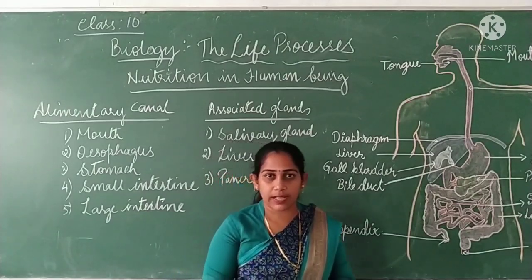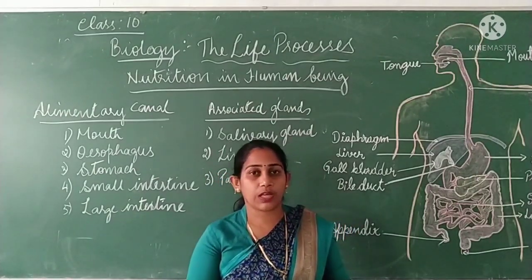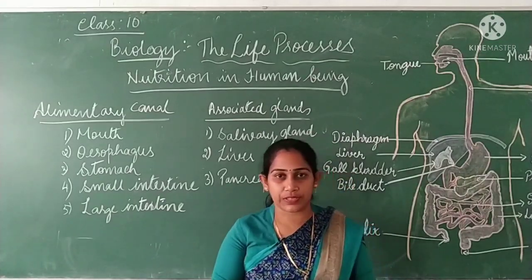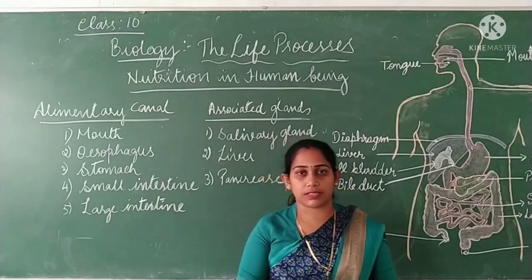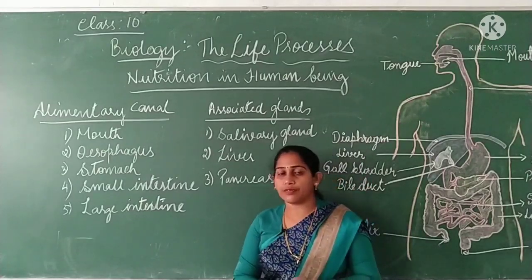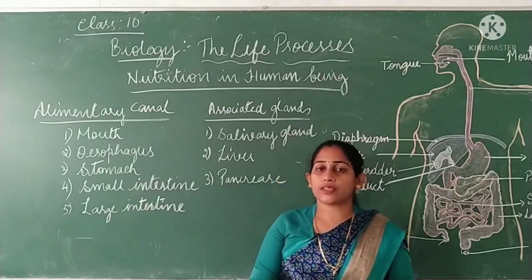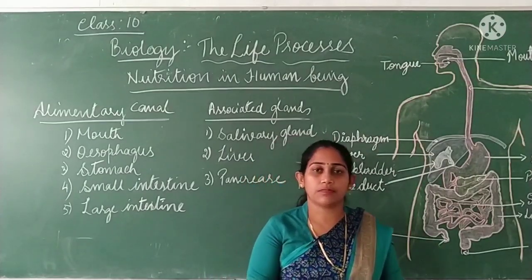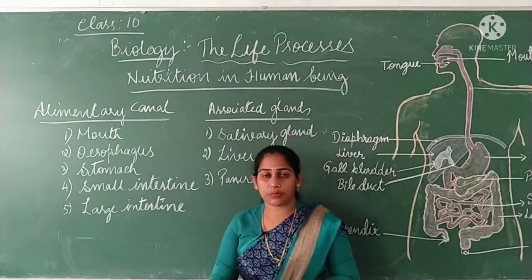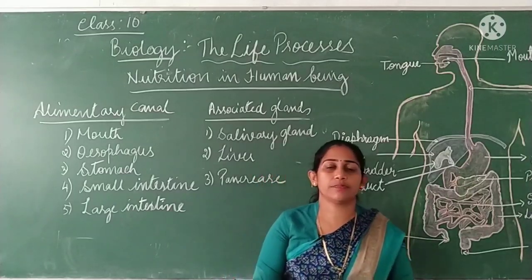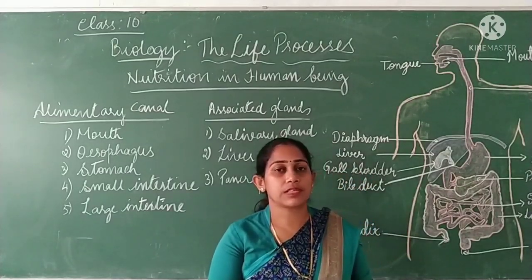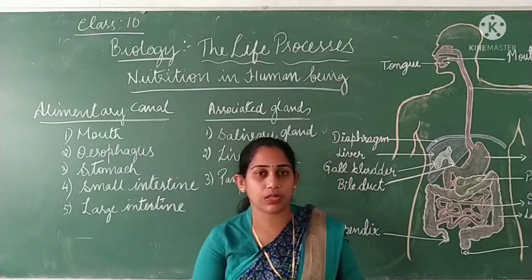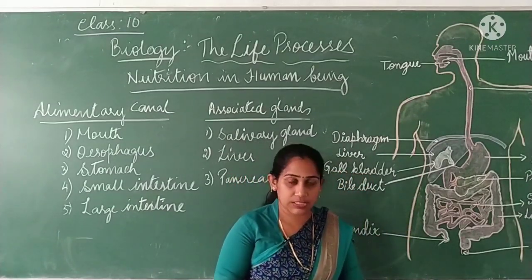So in a multicellular organism, the difference you can find is that we have specialized organs or organ systems or specialized groups of cells which perform different functions. In the same way, for the nutrition process also we have specialized cells, specialized groups of cells, organs and organ systems which carry out the nutrition process. Whereas in a unicellular organism everything was happening in a single cell, right? So here we have a specialized group of cells and organs which together form an organ system which performs